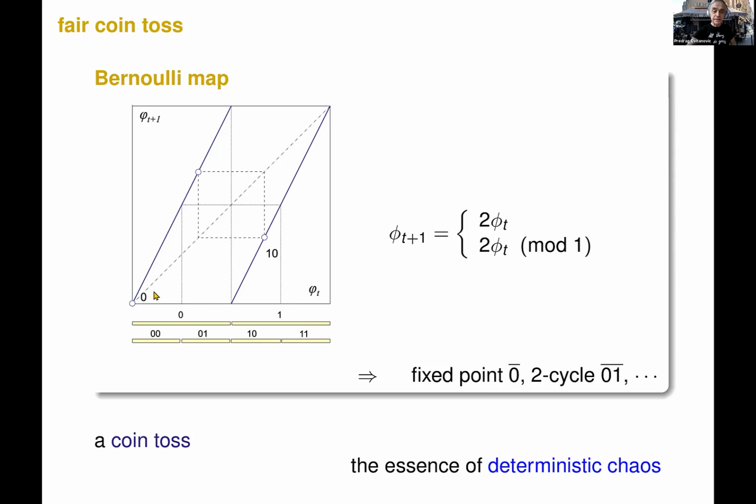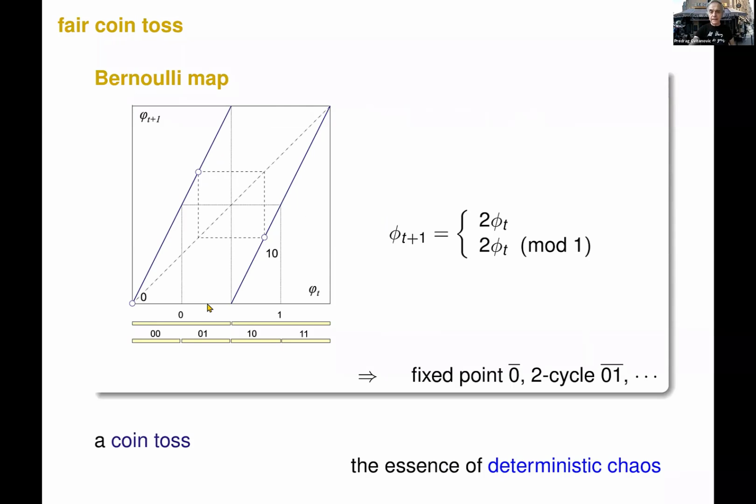And repeating it means that I again throw it over the whole interval. That's done by the map of slope 2, called the Bernoulli map. And if I keep doing this, I'll get this. It's a deterministic process because it depends on the initial point, which is typically a normal real number, usually not rational or anything. And that's the essence of deterministic chaos.